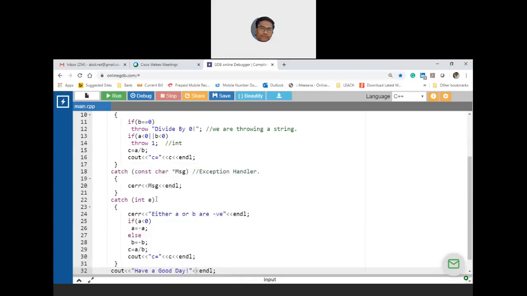Point is, is it possible to write multiple catches under a try? The answer is yes. The other point is, why is it required? It is required to differentiate multiple events. What are the events in this example? Getting B is equal to 0 is one event. Getting A as negative number is another event. Getting B as negative number is also another event. So we are in a position to